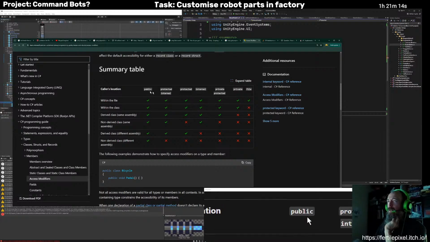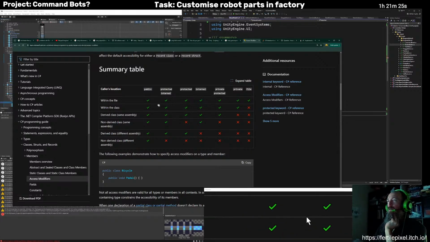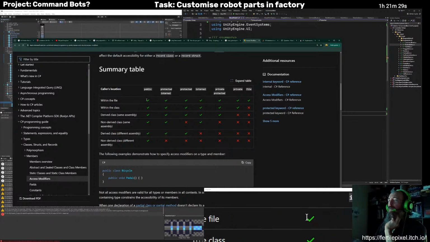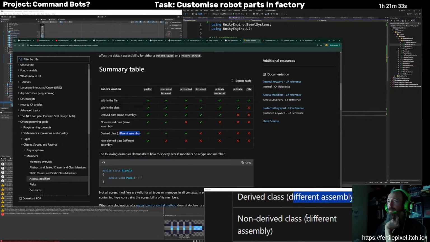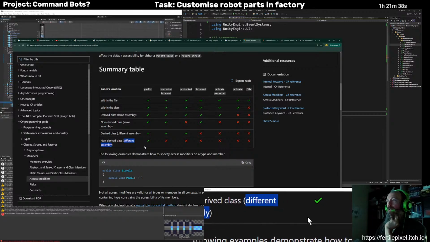But it just depends where you want things to be accessible. You usually want to give the minimum amount of access. So public is accessible from anywhere, including different assemblies and unrelated classes that aren't in the same hierarchy.